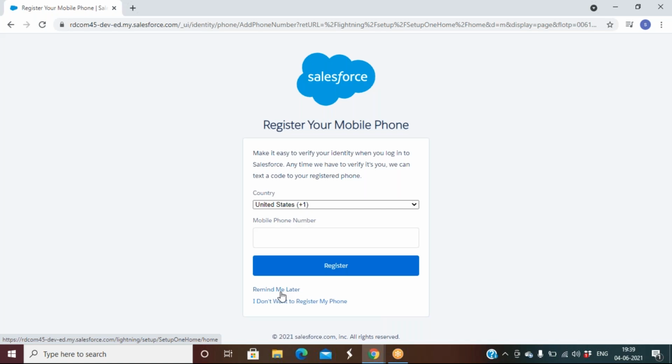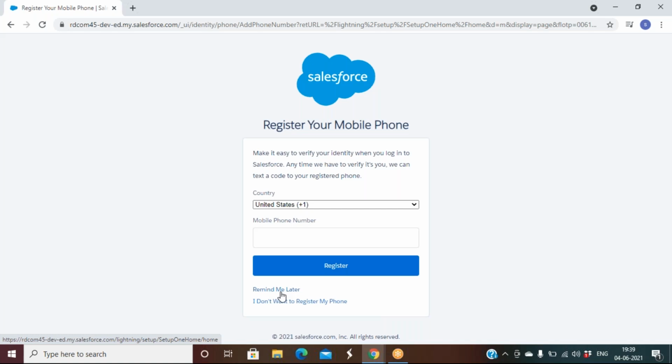So now let's talk about this portion. When you try to log in, the system is asking if you want to register your phone number. So why do I need to register my phone number? What is the logic behind it? When you try to log in, what will happen from the server side, the platform side? Whatever user ID and password you have given, it takes that user ID and password. And on the server side, when you are trying to log in for the first time, when you are trying to verify your account, you have an option to verify, right?